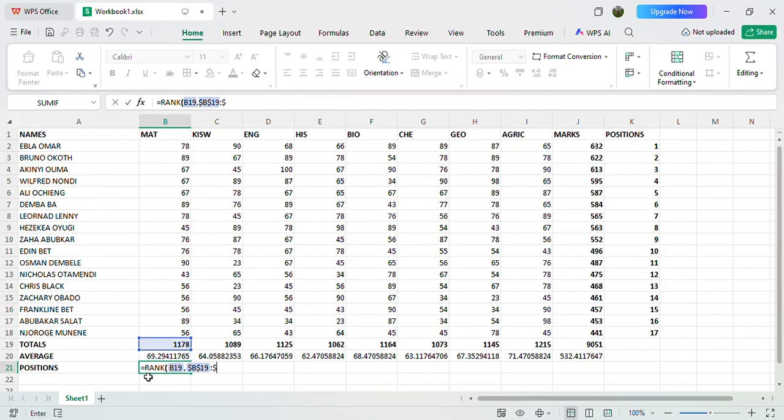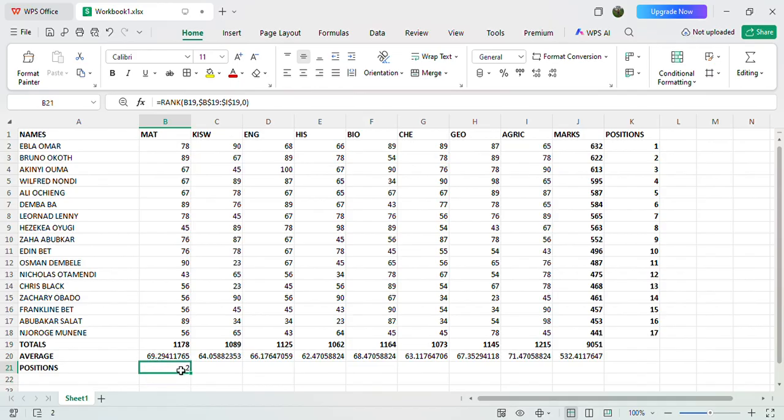We want to rank from the totals, that is B19 to I19, agriculture. So I will simply press dollar sign, then press I, then dollar sign 19. It will select that, then I separate them with the comma, then 0, then I close my bracket, then press enter.